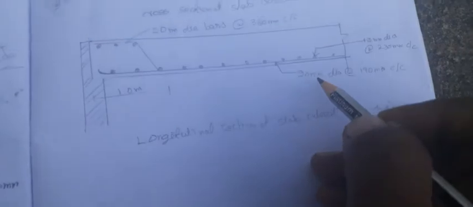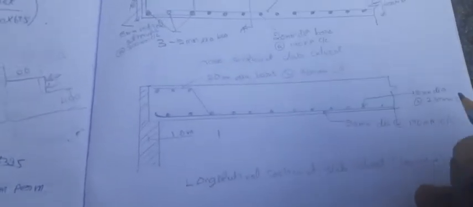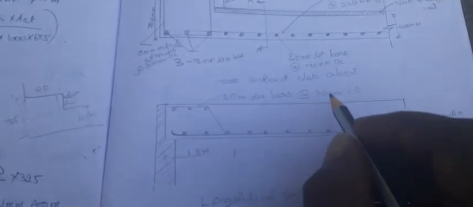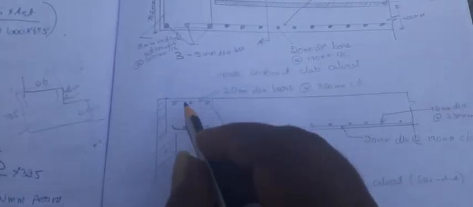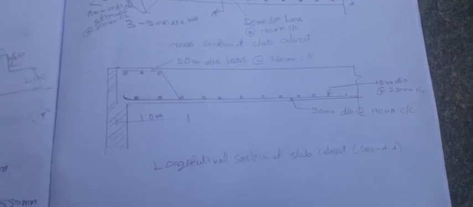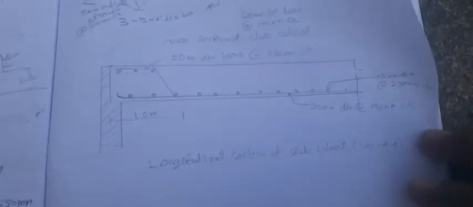So that's why here the main reinforcement will be cranked alternately at a portion of 1 meter from the support. So here 20 mm diameter bars at 380 mm center to center. So we are choosing alternate bars. The spacing is 190, so 2 times 190 is 380 mm. So 380 mm center to center we are providing cranked bars. So this is the reinforcement detailing for this slab culvert. So by this our design for the slab culvert will be concluded.